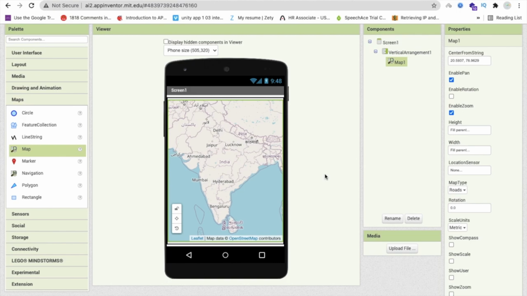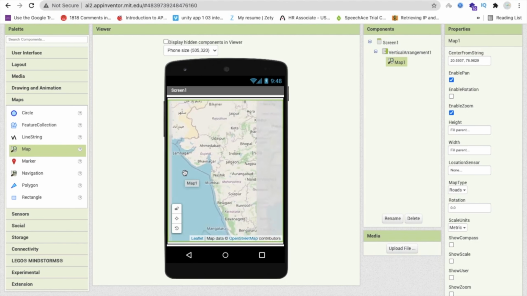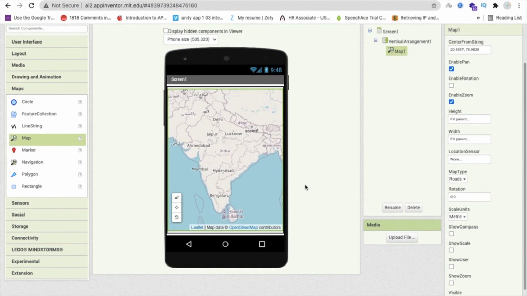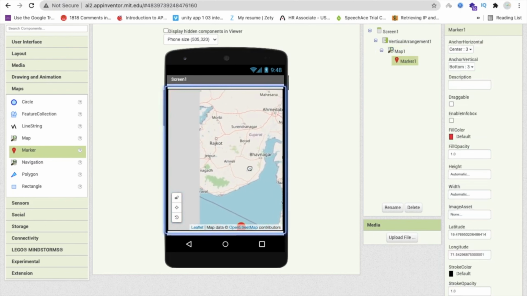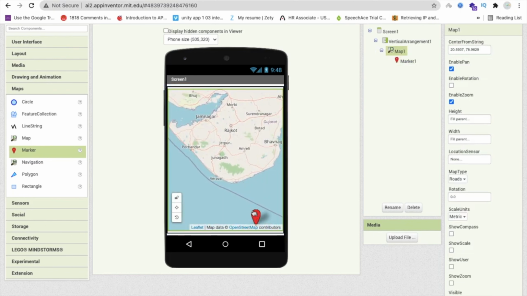Now what I will do here, I will drag and drop some markers. Suppose we have to show the history of India, like suppose we have to show Porbandar, we have to show Delhi or something, Chennai, and all these cities we have to show, and we have to show some unique thing about that particular place. So we just need to drag and drop here like this. If I choose, see, Porbandar on that side,